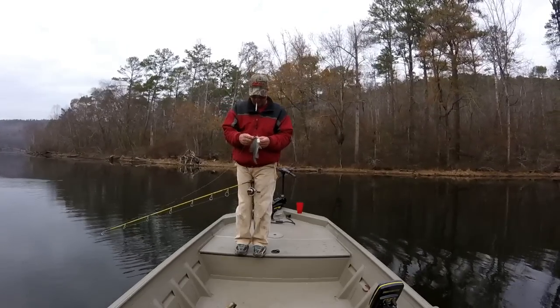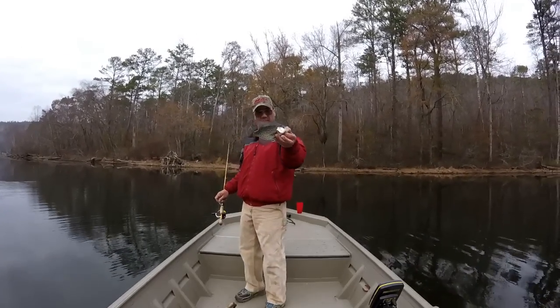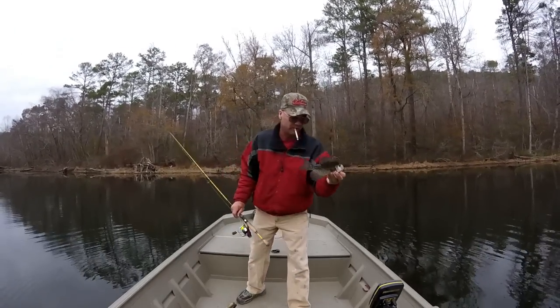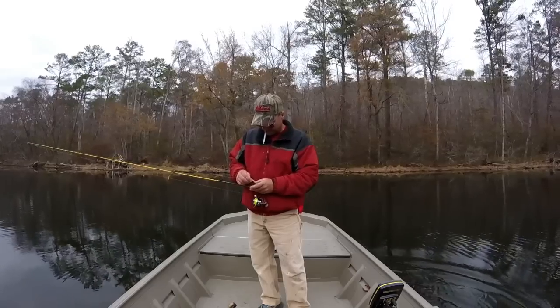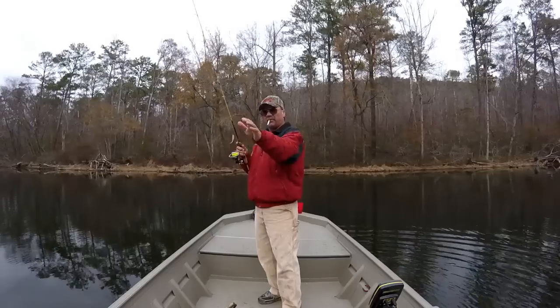These crappie have had it. It's pretty. Kind of on the small side, but now I've had a hard time today, so these crappie have had it because I figured them out. All right,